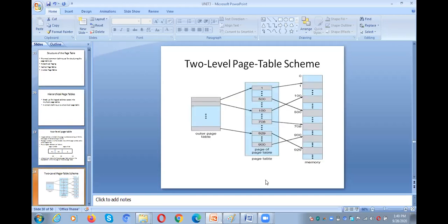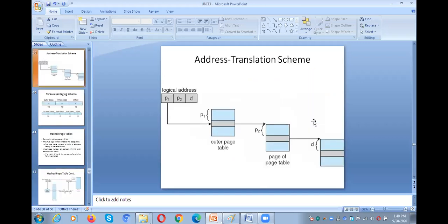Okay. What is the idea? The outer page table points to the inner page table and the inner page table points to the memory frames. So this is the actual address translation scheme. For example, P1 is the index to the outer page table. And if you go to P2, there you get the frame number. Using that frame number, you can go to the base address of the frame.